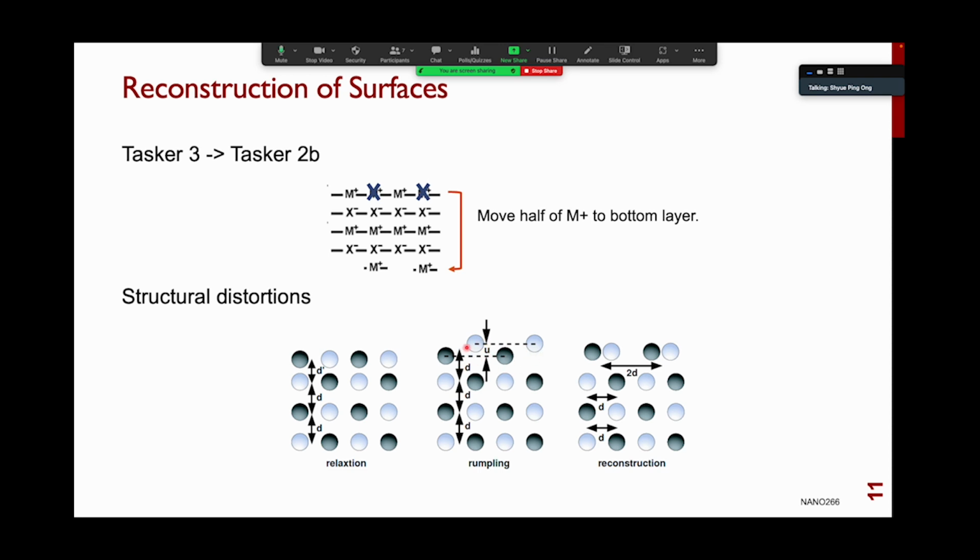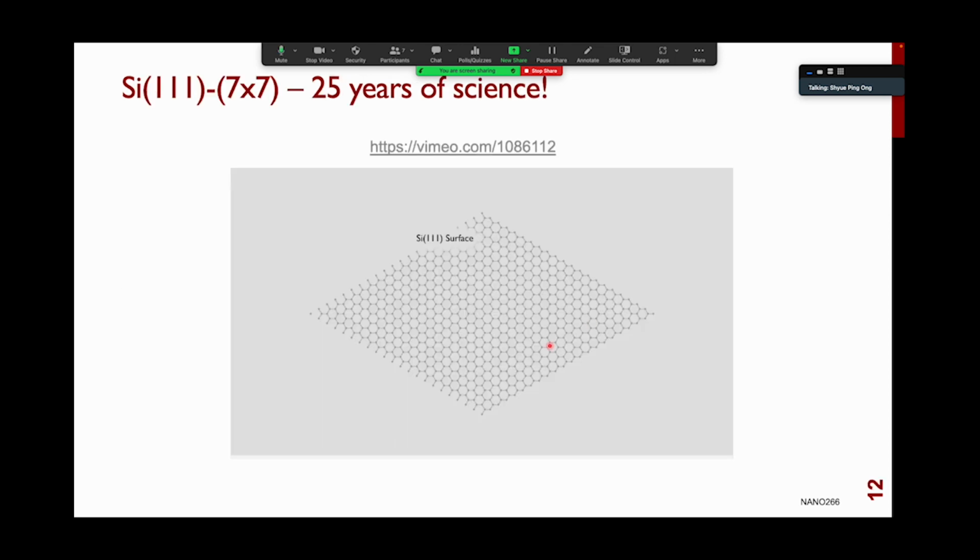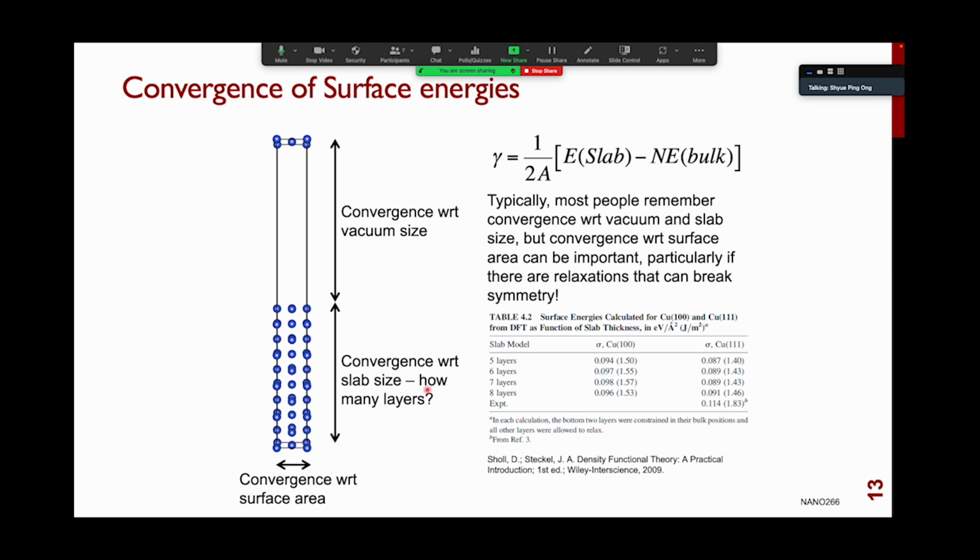If your surface area within the plane of your surface is not sufficient, you don't have enough space for this kind of symmetry breaking to occur, and that can also affect your surface energies. For the most part, in your lab number 4, you're not going to worry about convergence with respect to surface area. This is important when you actually have symmetry breaking